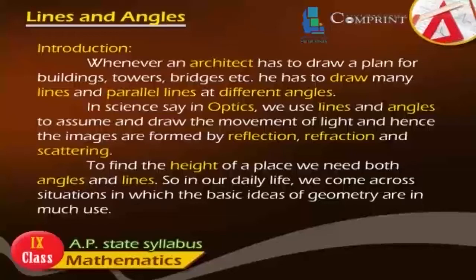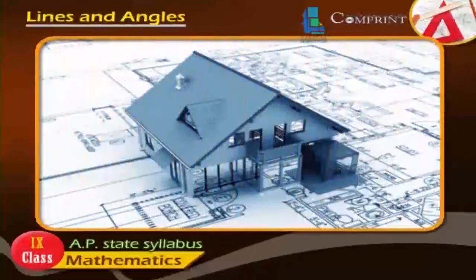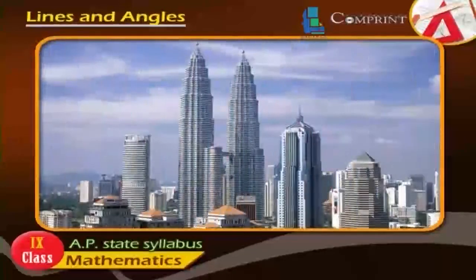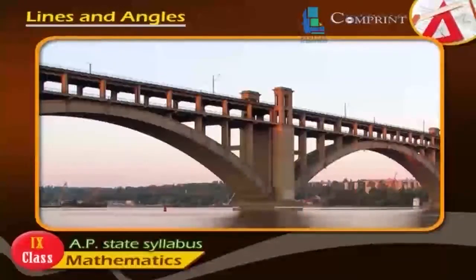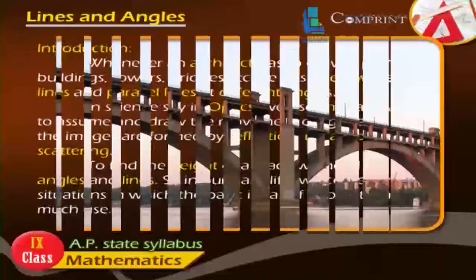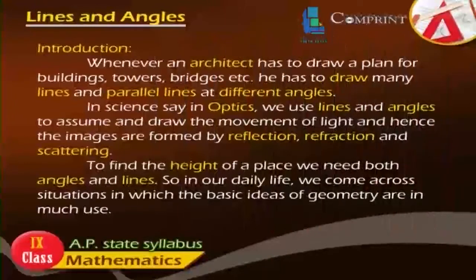Introduction. Whenever an architect has to draw a plan for buildings, towers, bridges, etc., he has to draw many lines and parallel lines at different angles. In science, say in optics, we use lines and angles to assume and draw the movement of light, and hence